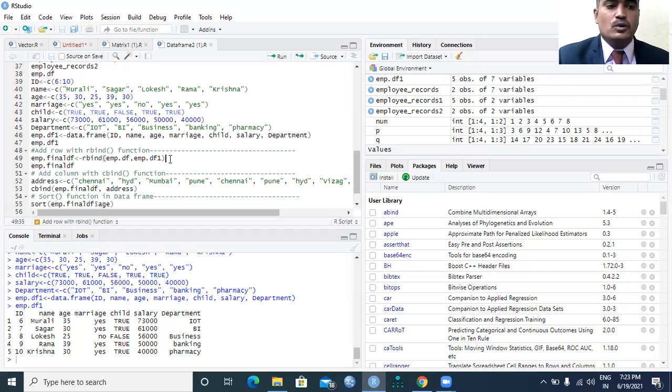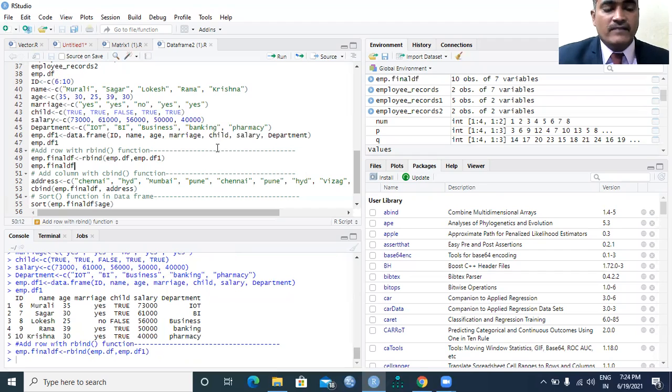What I would like to do is club all the rows from the two files. So I created one more variable here, employee.finaldf. In this, I would like to add the rows related to the employee.df file and the employee.df1 file. So execute this.